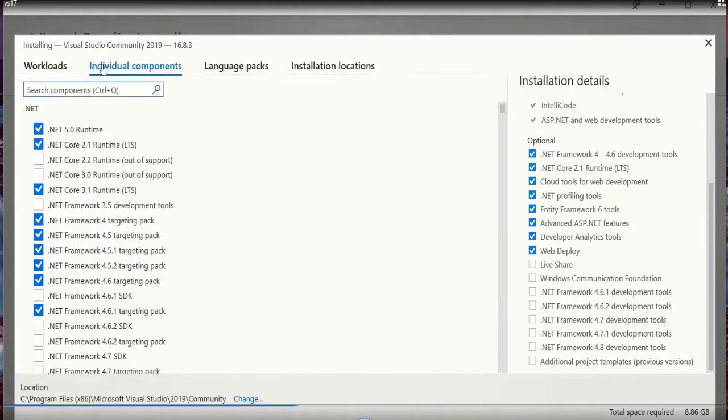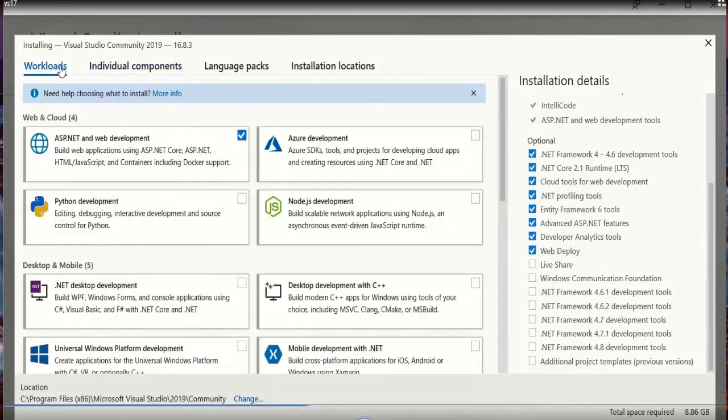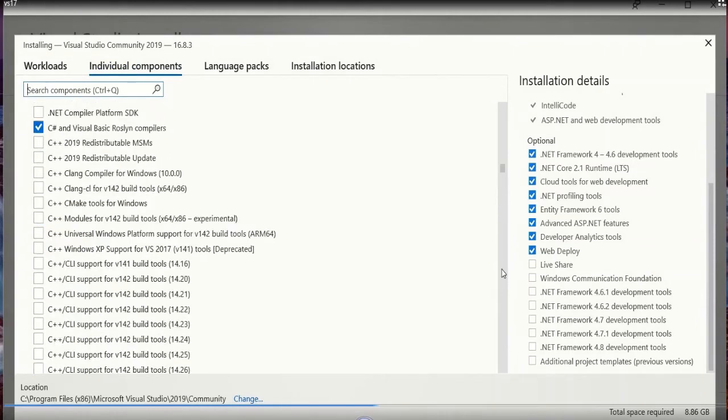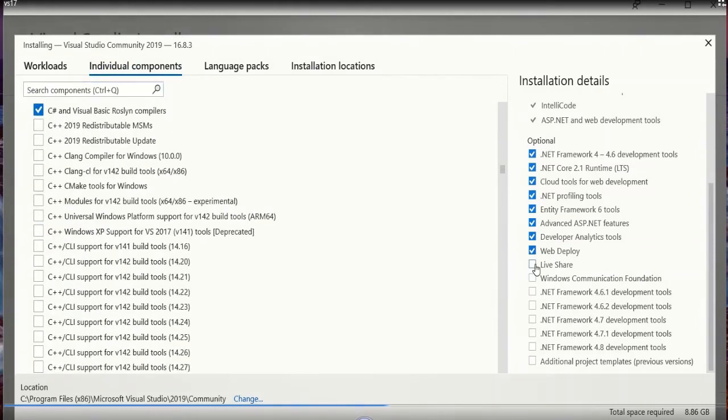Individual components. Individual components are of the components which you have already selected. I have already selected the ASP.NET and web development component, and here are its individual components. You can see that all the components are here. Its framework, languages,